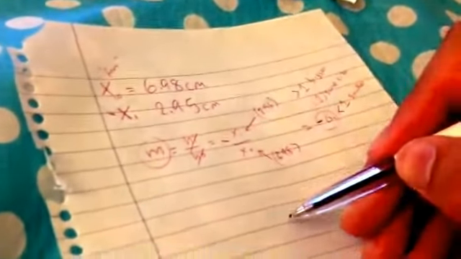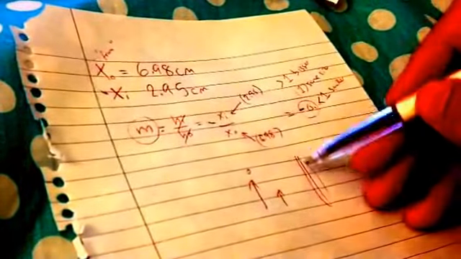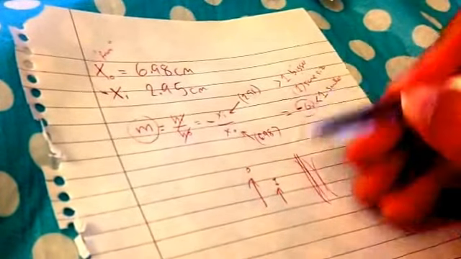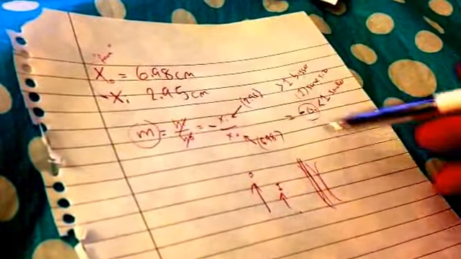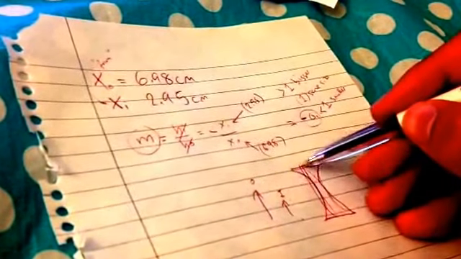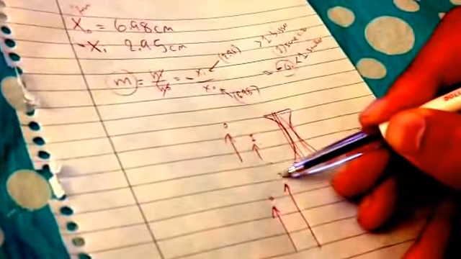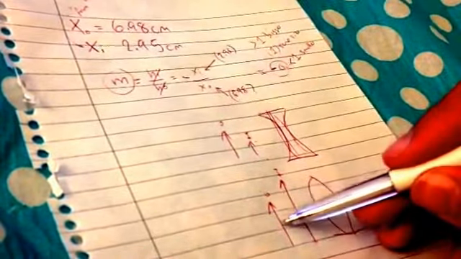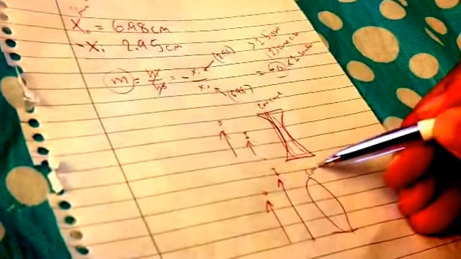So we have a case where we have an object, the image is on the same side as the object, and let's say this is the lens. We don't know if it's concave or convex, so I'll draw both. The image is on the same side, but we know one thing now, that it's smaller. This alone could tell you that it must be a concave lens, because if it was a convex lens, the image would be bigger if it was on the same side as the object. It's the only time it's on the same side and it's bigger. Whereas concave, it's always smaller if it's on the same side. So this is enough to give you